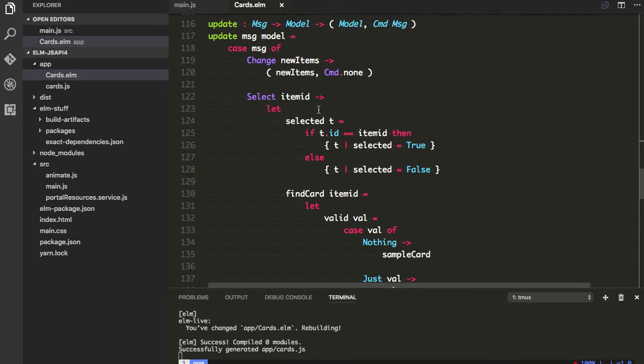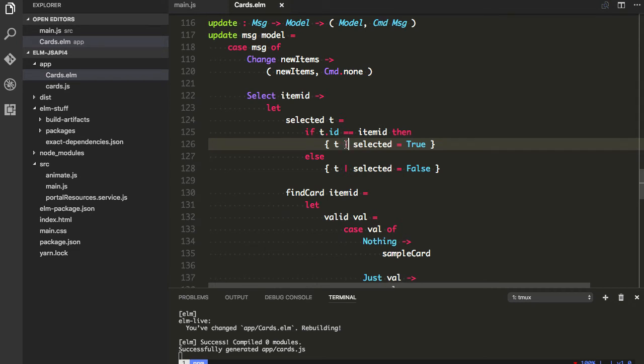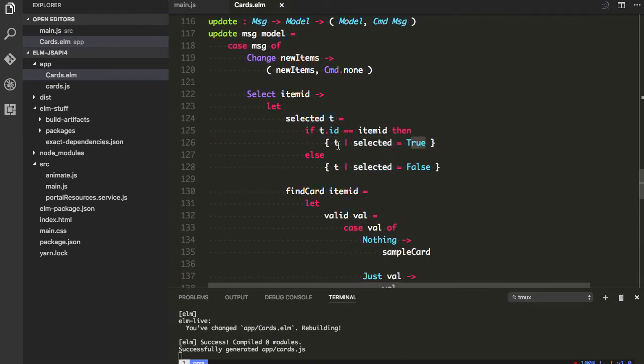And I'm going to go ahead in here, and I'm going to say that I have a function called selected, which takes an argument t. If t.id is equal to item ID here, then I'm going to update that record. All right, so this is how you do the updates. You say t, little, I think it's called a pipe in here, and then the property to update and what the new value is going to be. And this is going to return a all new